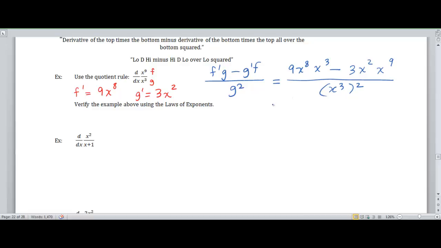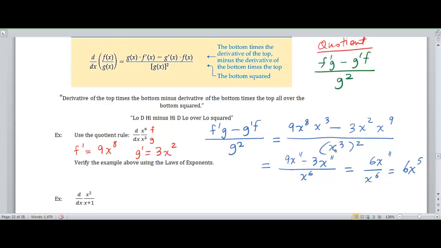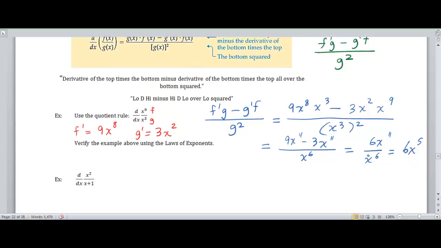And then we can simplify this as 9x to the 11th minus 3x to the 11th all over x to the 6th. So we get 6x to the 11th over x to the 6th, which is 6x to the 5th. Okay? And to verify this using the laws of exponents, we have